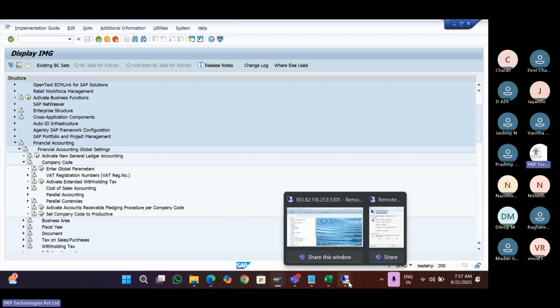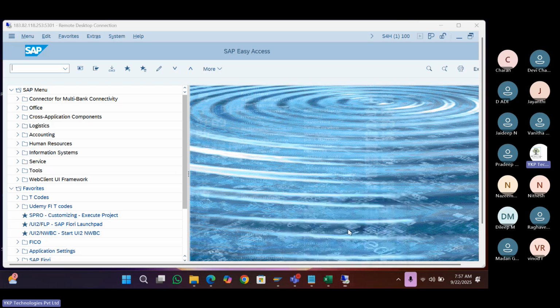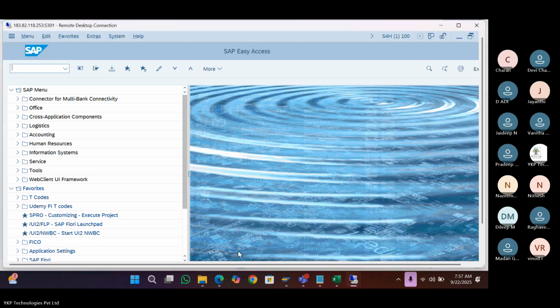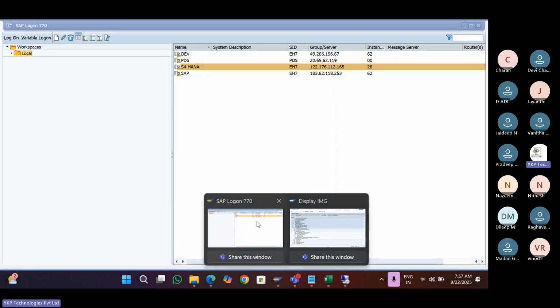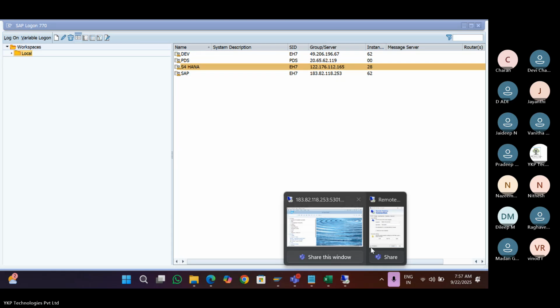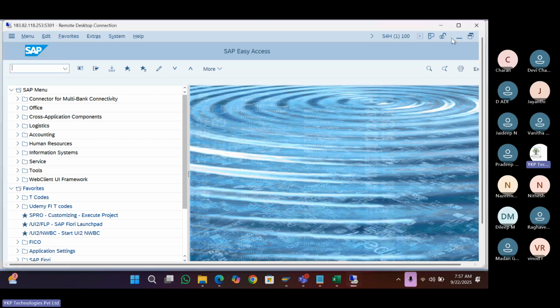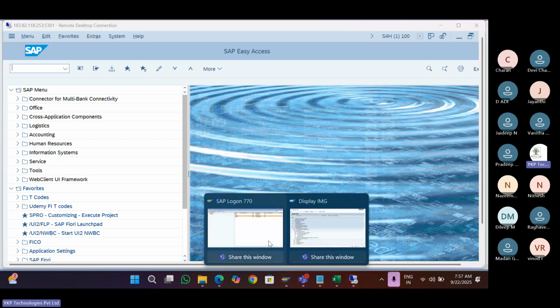So we are logging into the remote desktop for the S4HANA server now, to the system. See, I can do that. Whatever is here, right? So this server I am able to